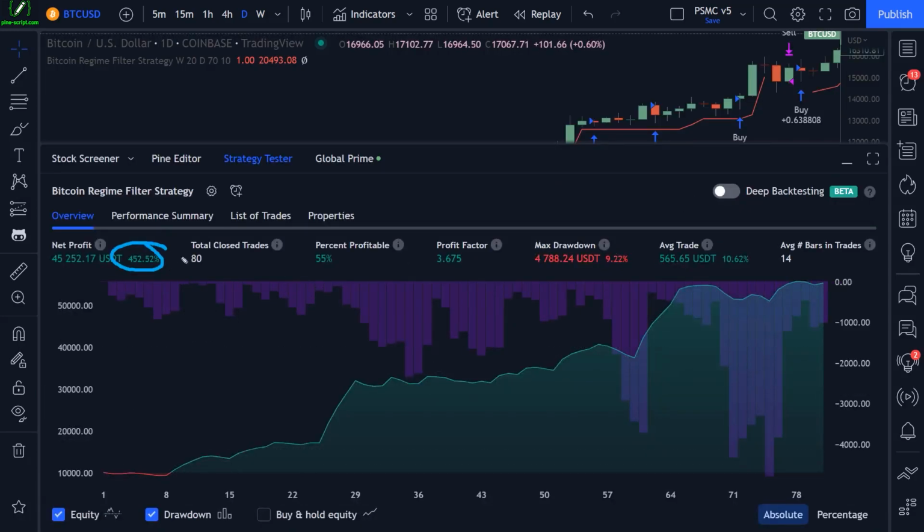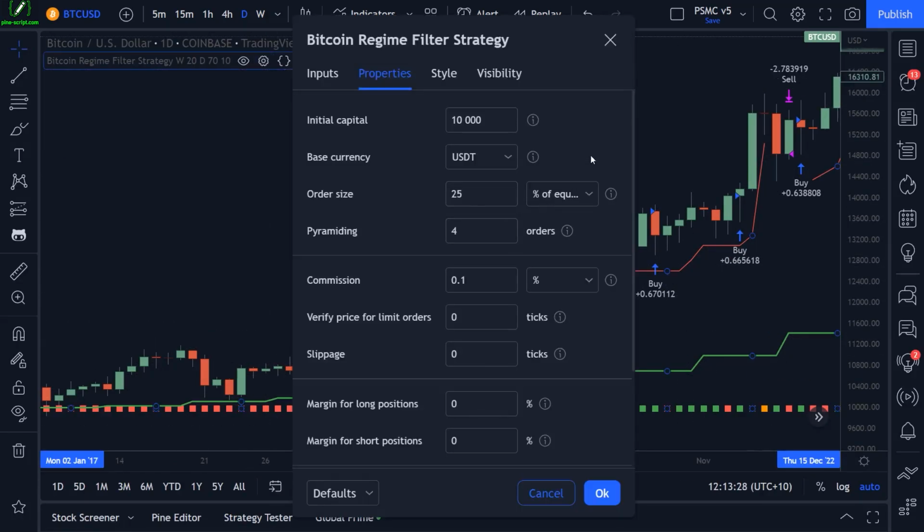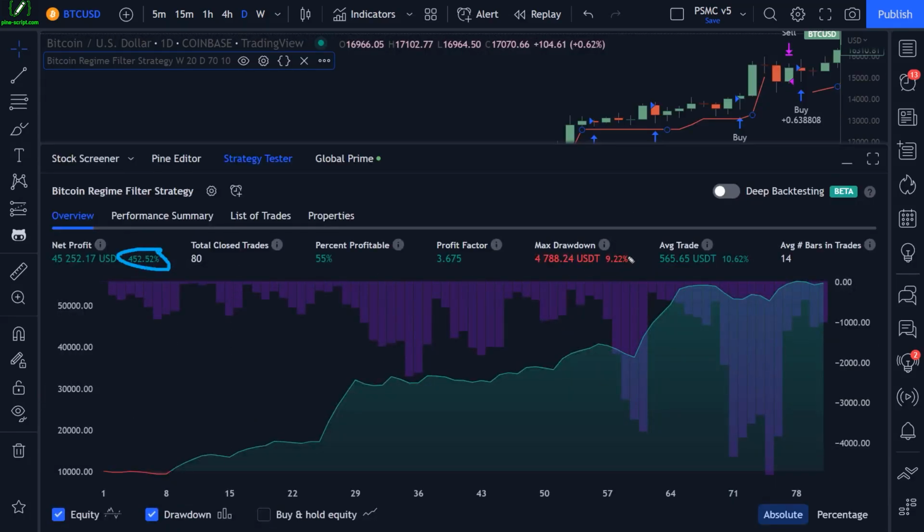In this case, it reduces the drawdown significantly, but also reduces our profit since we're not fully invested early on in the trend. So that's one pro and con with pyramiding: it can increase your profitability in some cases, but more often than not, it will reduce your volatility by reducing your profit a bit, but also reducing your max drawdown, which is, depending on how you like to trade, how conservative you are, maybe more important to you than